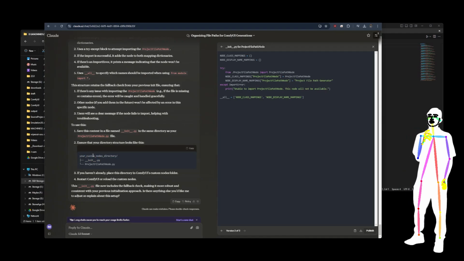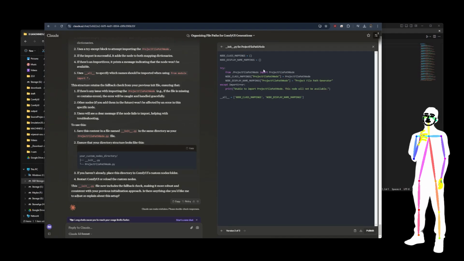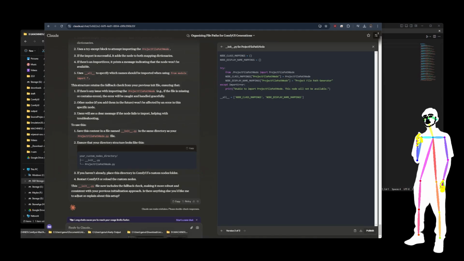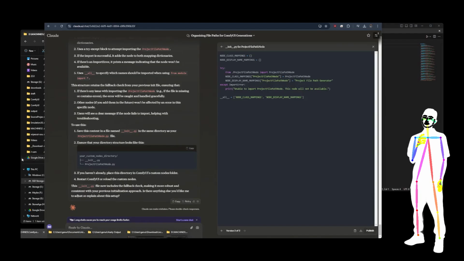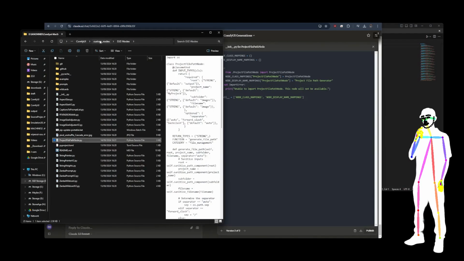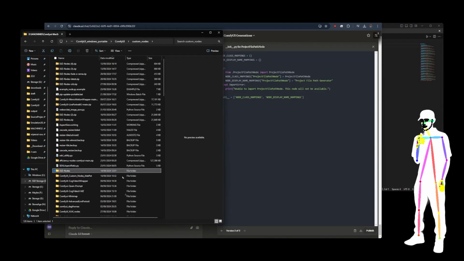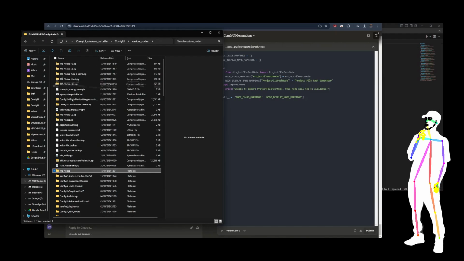So, the method I'm using, they go in a folder. All right. So if I just have a look at the pathing here, it's quite important. So if we take a look at the pathing, I'm in custom nodes, DJZ nodes. Now you can just put Py scripts directly in the root here. Okay. But